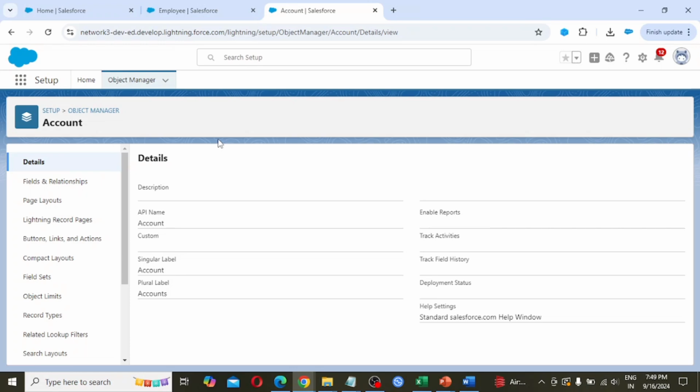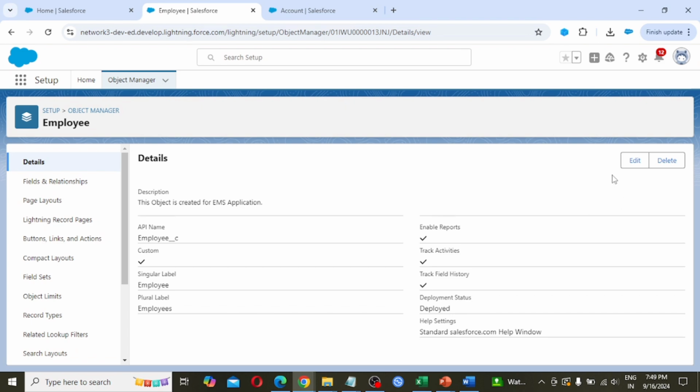Create, edit, modify, delete, we can perform all the operations, but in a standard object we can't perform all the operations. At the right side we are not able to see delete, and here also we are not able to see edit.